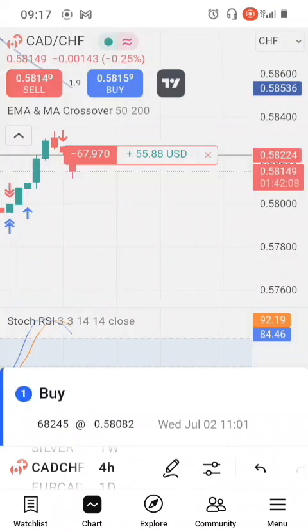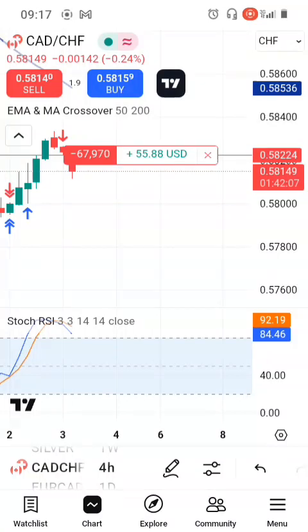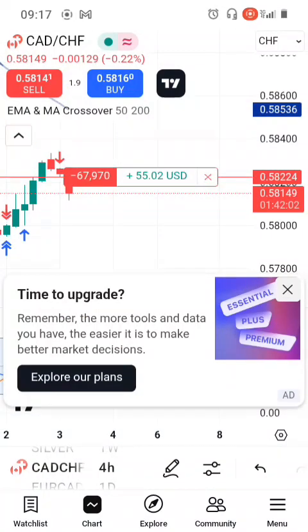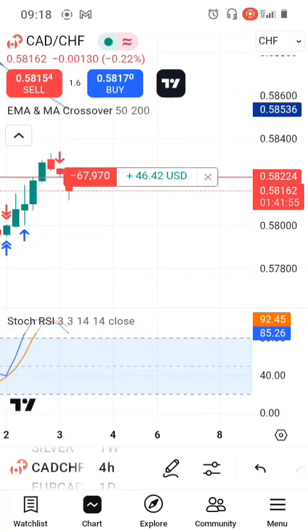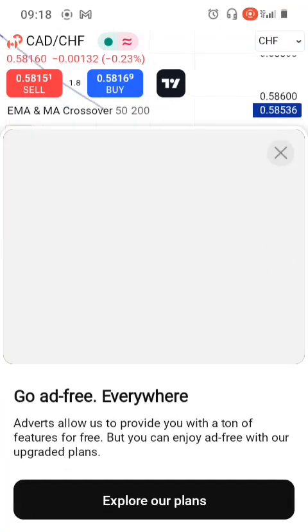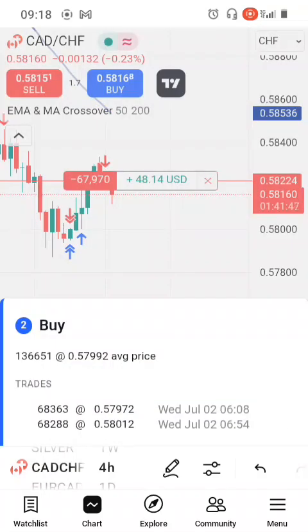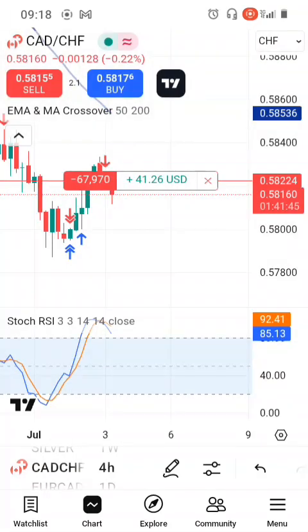I'm trying to zoom in so that I can show you exactly where the sale actually happened. So yeah, so basically